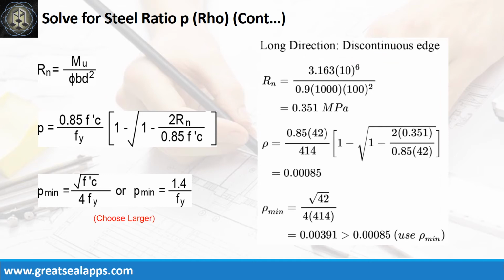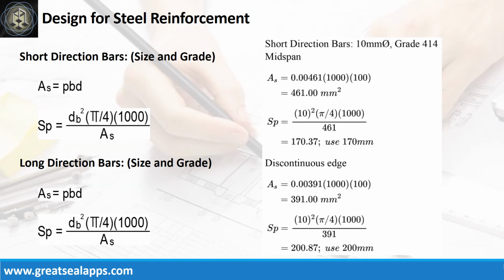0.00391. Given long direction, discontinuous edge moment equals 3.163 kN-meter, resistance factor equals 0.9, B equals 1000 mm, and D equals 100 mm. The beam design ratio Rn equals 0.351 MPa, and reinforcement ratio Rho equals 0.00085. Use Rho minimum of 0.00391. At short direction, given midspan Rho equals 0.00461,